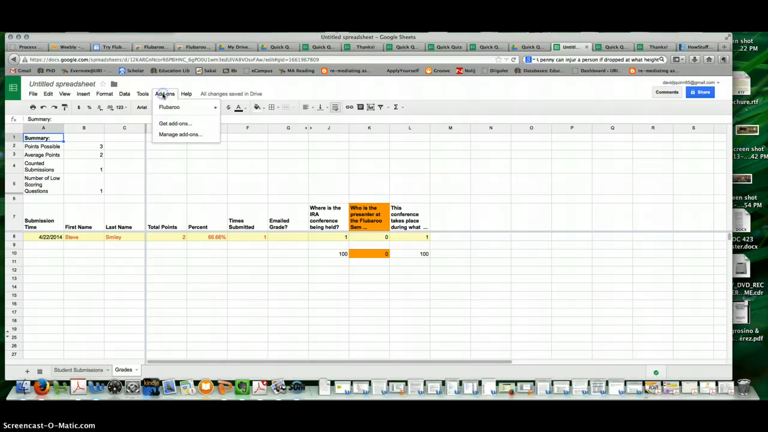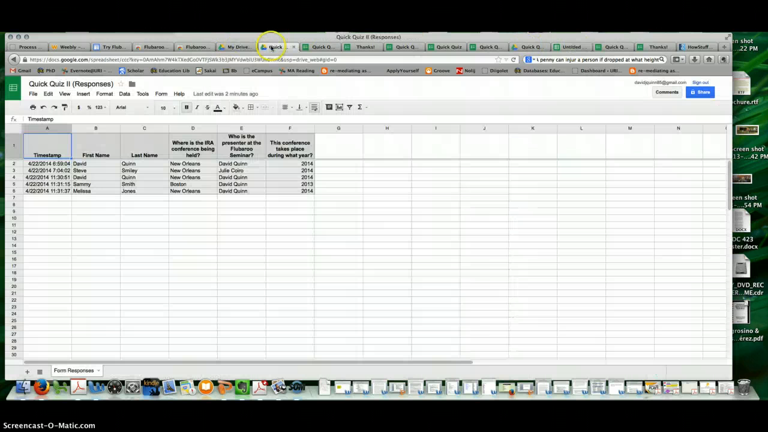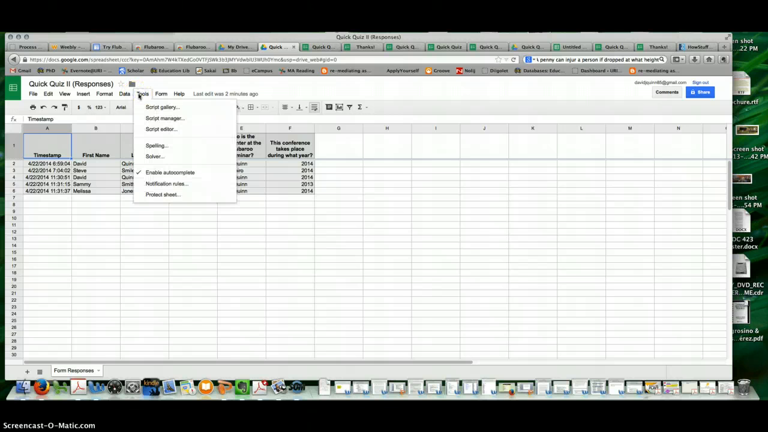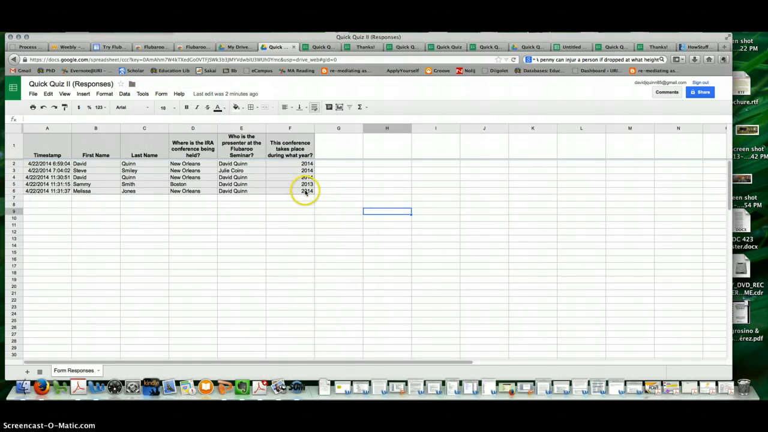spreadsheet. Now you can see that if I click on add-ons, Flubaroo can regrade assignments, it can email grades, you can view reports, you can edit your help tips, edit student feedback, all sorts of different options. But the one thing you're going to have to keep in mind is that the information that you get from your quick quiz response, if I go back to my drive,